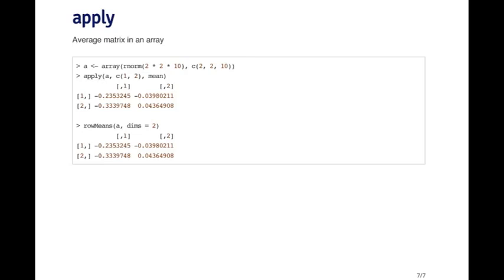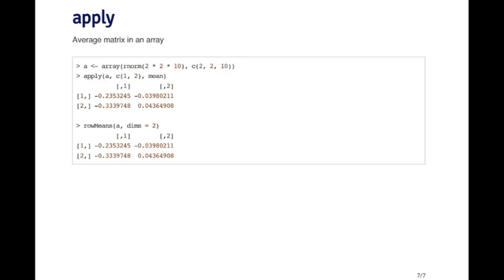Now, suppose I had more than just a matrix. Suppose I had an array that I want to do something with. So here I'm creating an array which has normal random variables, and it has two rows and two columns, and it's 10, and the third dimension is 10. I'm not sure what you would call that dimension. But you can think of this as a bunch of 2 by 2 matrices that are stacked together. And the idea is, you can imagine I have a bunch of 2 by 2 matrices, and I want to take the average of those 2 by 2 matrices. So the average of a bunch of 2 by 2 matrices is going to be another 2 by 2 matrix,